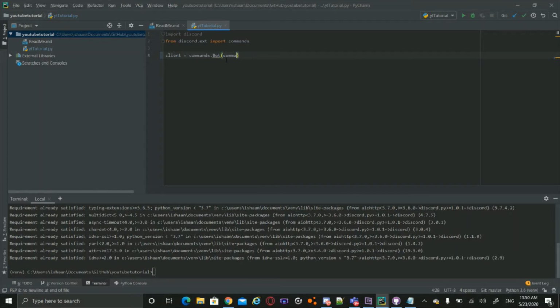Command prefix is equal to, I'm just going to give it an exclamation mark. You can customize it however you want. I see a lot of people using dots and carets, so I'll be using an exclamation mark for this one. Alright, so now what we can do is we can do at